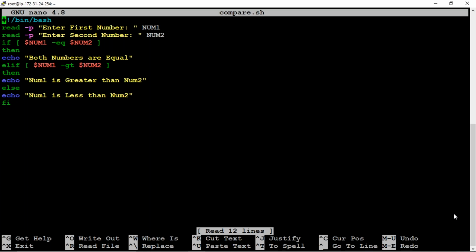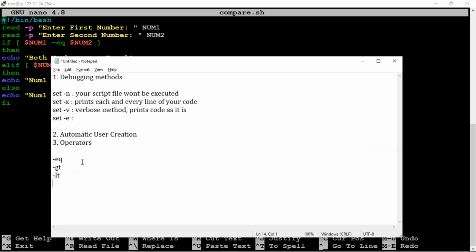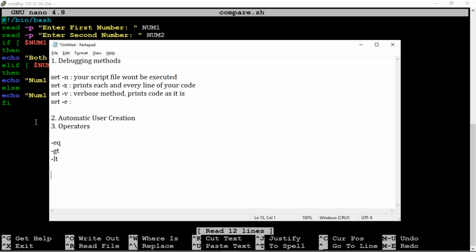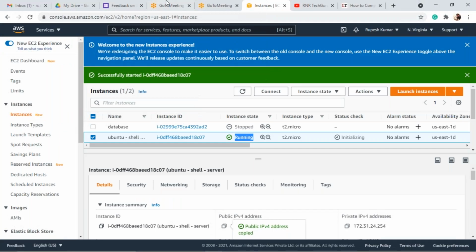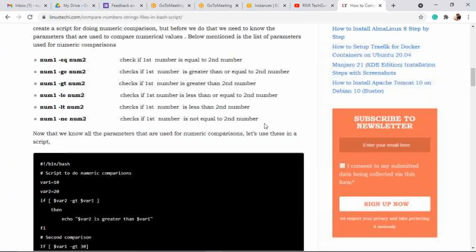Okay, fine. So next one: we completed operators. We can do the same with strings as well, string comparisons. Up to now we have done numbers, and in case we need to give strings, suppose ABC or BBC, ABCD, that is the strings. How to write and execute files in a string manner is called string comparisons.